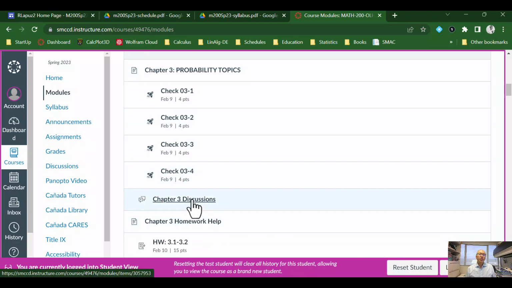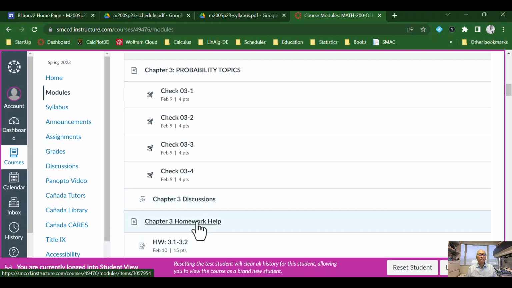Okay, within each chapter you have a discussion board, and these discussion boards would be discussions among your classmates, so I may look at them periodically, but I generally don't look at them. And so I encourage you, if you have any questions, you can go through here if you're stuck somewhere. Also, if you feel like you're understanding the material fairly well and you think that you can answer some of the questions, you can also access the discussion board here to help out your students.